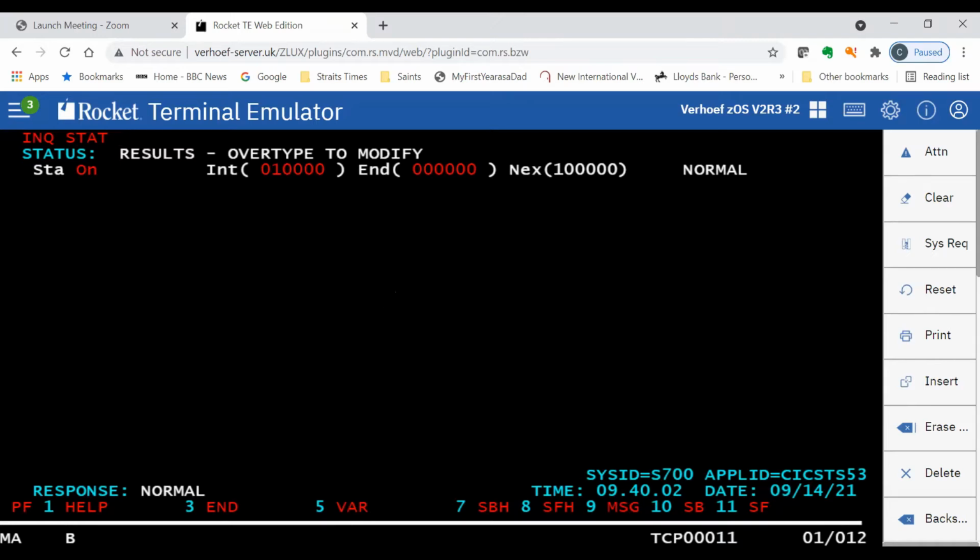Now I can decide here when to end it. If I wanted to end it, this would be hours, minutes, seconds, for when I wanted to end the actual collection of the stats. So I might want to collect it for 5 minutes during a particular heavy time. I might want to collect it for an hour because I want to look at the overall system. So it would be up to me how I want to see this and how I want to collect it.